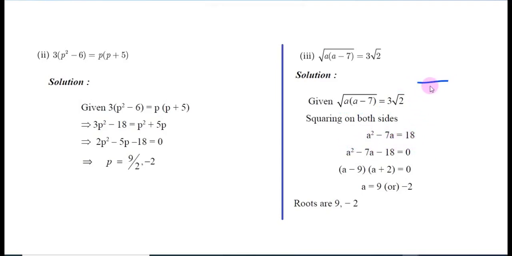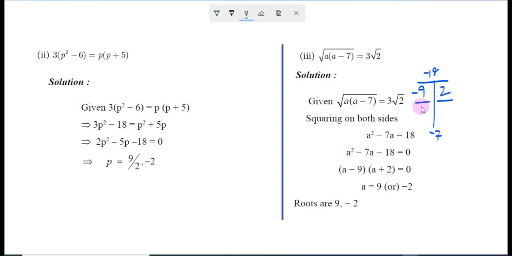Now apply the table method. Okay, move this 18 to the left side, so a square minus 7a minus 18 equal to 0. Okay, now apply the table method. When we multiply we need minus 18, when we add we need minus 7. So what is the possibility? Shall we apply 9 twos are? Yes, 9 twos are. Where should we apply minus? Both values we need minus, so the larger value we should apply minus. Okay, so minus 9, 2.